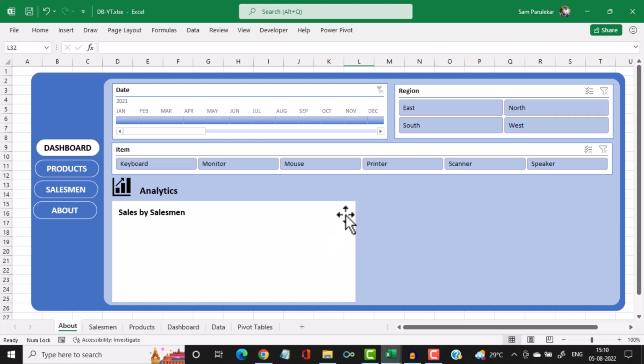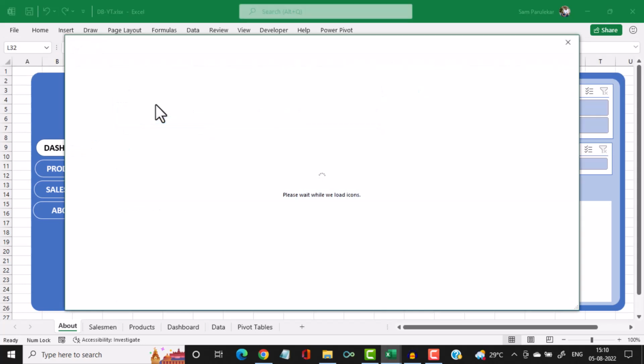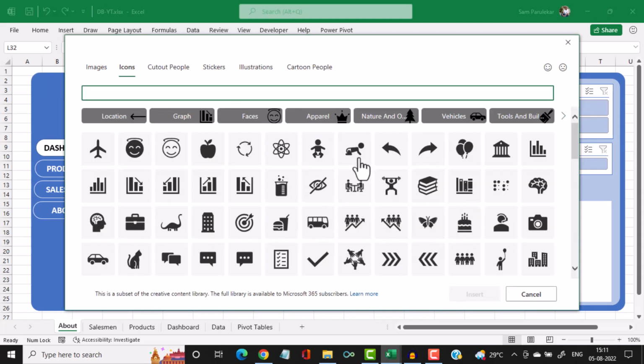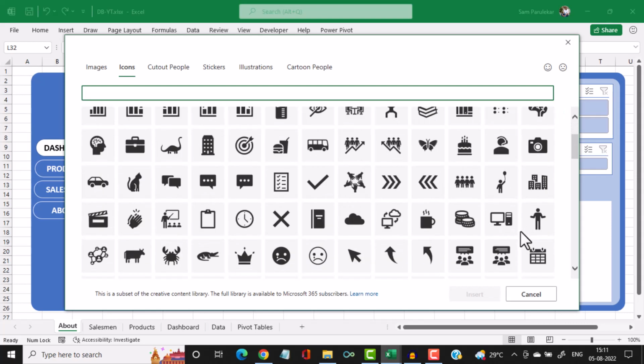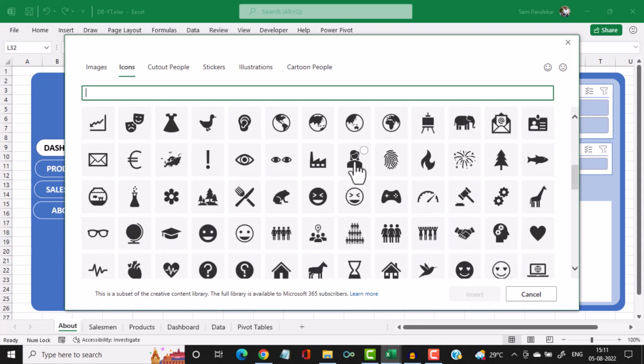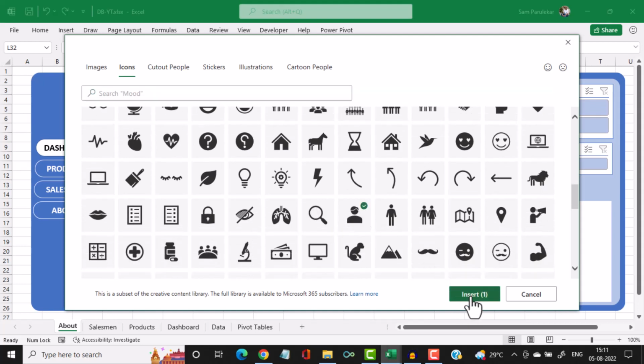And I keep only one rectangle active, and I stretch this rectangle across, and then instead of analytics I change the heading to about, and then instead of this icon over here I'll insert a different icon. So insert illustration icons, and we select some icon like a profile picture, something like this or like this, whichever you prefer. Click on insert